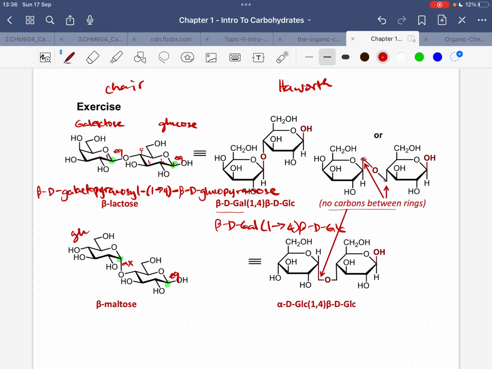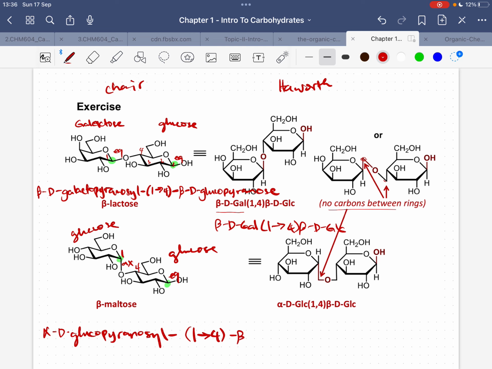These are two glucose units. So this is going to be alpha-D-glucopyranosyl dash 1. This is carbon 1 and this is carbon 4. 1 4 dash